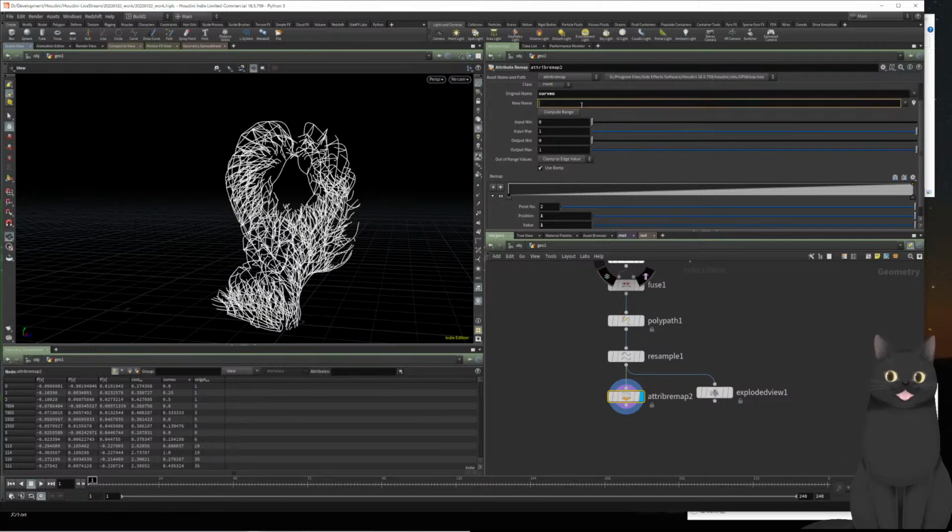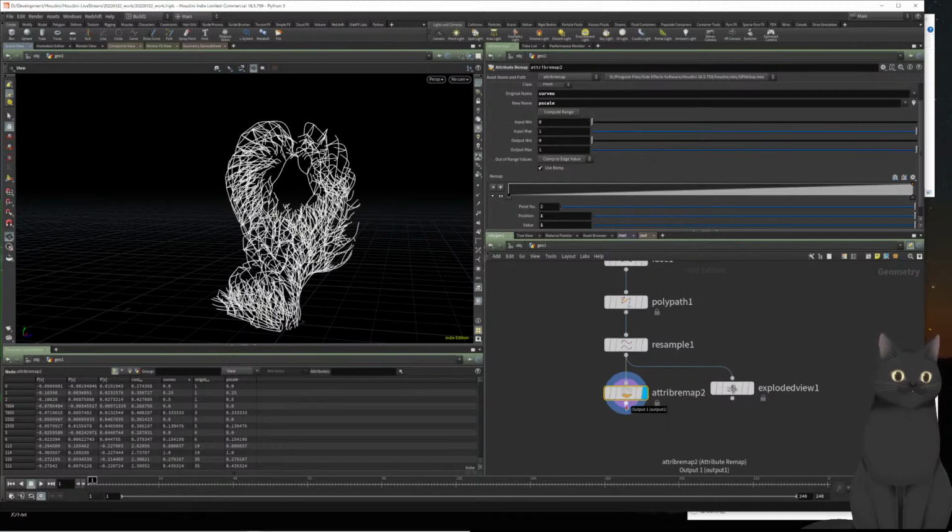So curve view is an attribute that starts at the beginning of a curve with 0 and goes all the way up to 1. And now the p scale can be used inside either a sweep, the beginning of a curve,